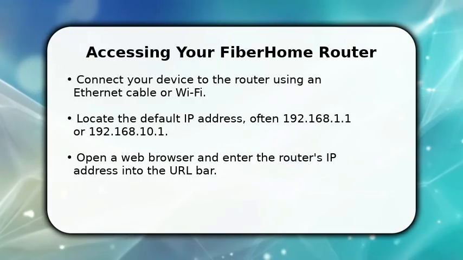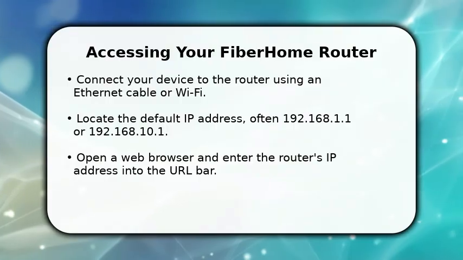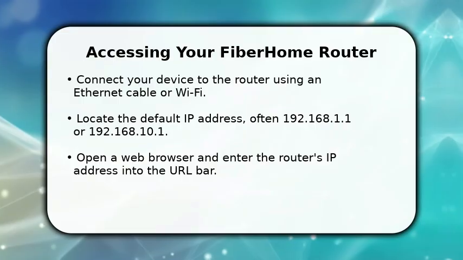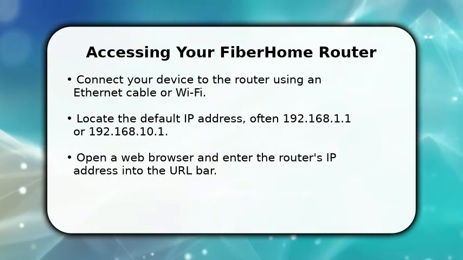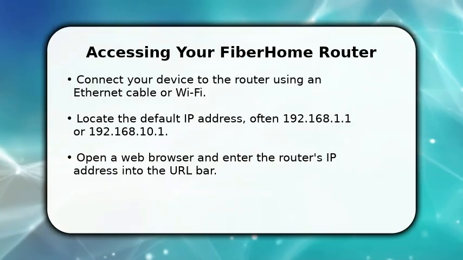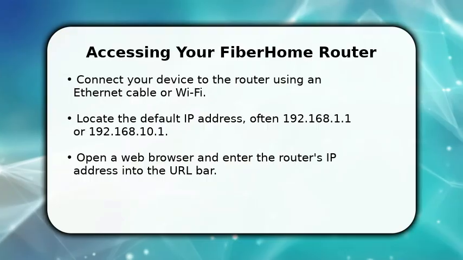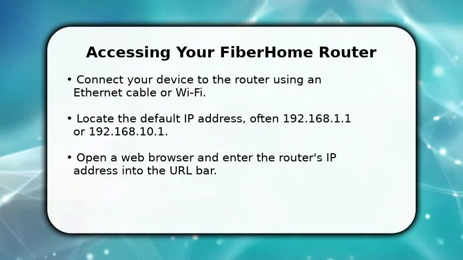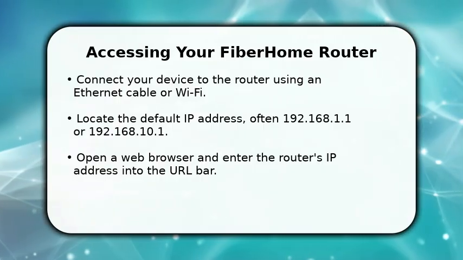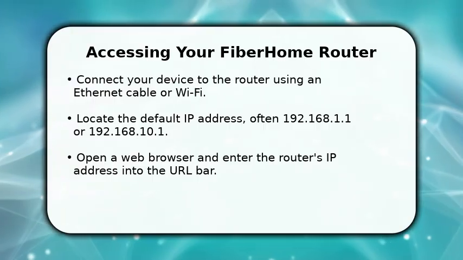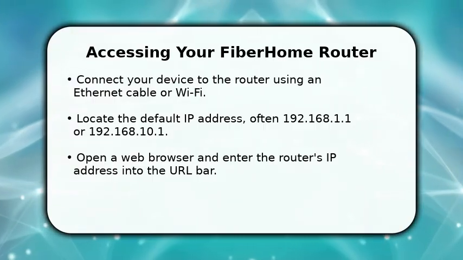In this video, I will explain how to access your FiberHome router. First, ensure your computer or mobile device is connected to the router, either through an Ethernet cable for a stable connection or via Wi-Fi. Next, you'll need the router's default IP address, which is commonly 192.168.1.1 or 192.168.10.1. Open any web browser, type this IP address into the address bar, and press Enter to